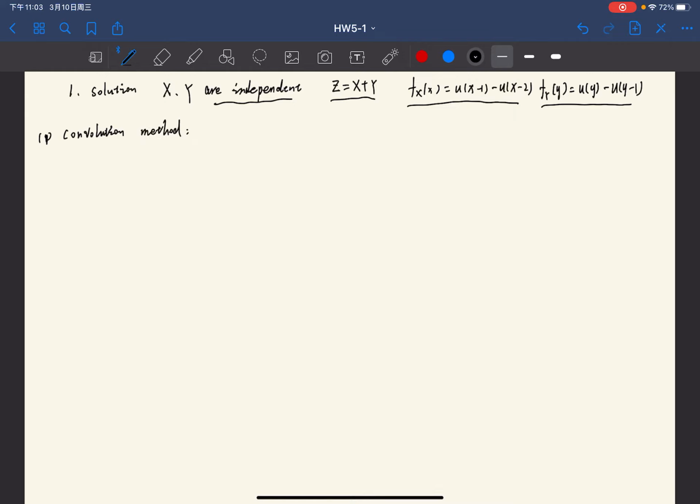using the conclusion of the convolution method, we know that f_Z(z) equals f_X(z) convolved with f_Y(z), and it equals the integral from minus infinity to infinity of f_X(alpha) multiplied by f_Y(z minus alpha) d alpha. Because we already know the probability density functions of X and Y, we can substitute alpha and z minus alpha into X and Y, so we can obtain this f_Z(z) equals the integral